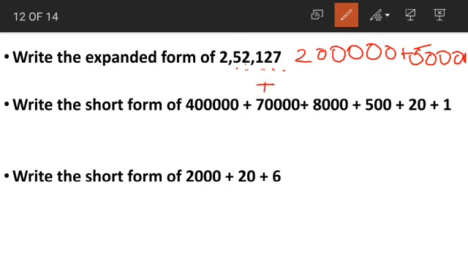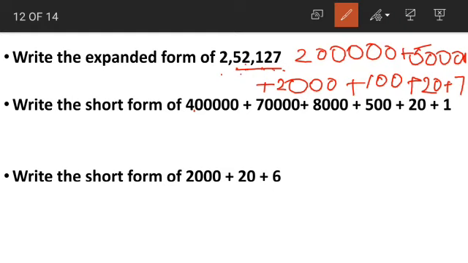Plus, then we have 2 with 3 digits after 2 and 3 zeros. Plus 1 and 2 zeros. 2 and 1 zero. Then we simply have 7. Understood? Isn't this easy? Just write the first digit and then write the number of zeros equal to the number of digits after it. And if you remember place values, it is very good. Write the expanded form according to the place value. This is just in case you forget how to write the expanded form and you are having any doubts regarding the place values of the digits in the question.